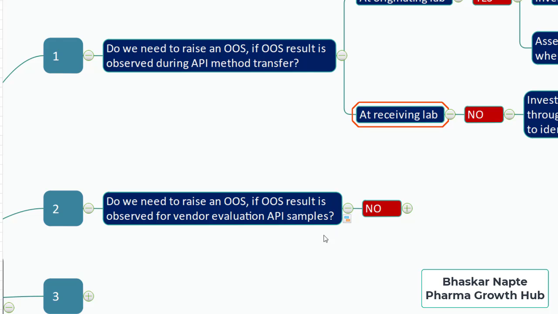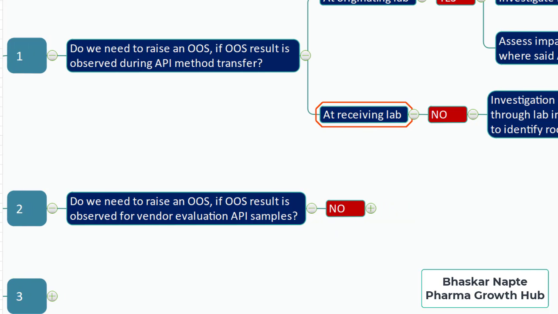The answer could be no, because there is not much impact from this OOS. You are just validating the vendor. I mean, you are just qualifying the API vendor, right? And because of that reason, as there is not much risk in